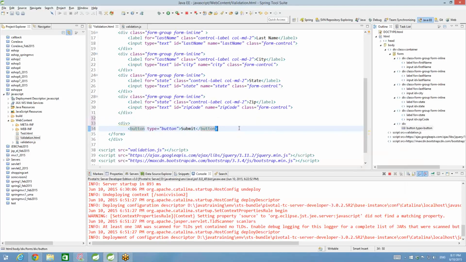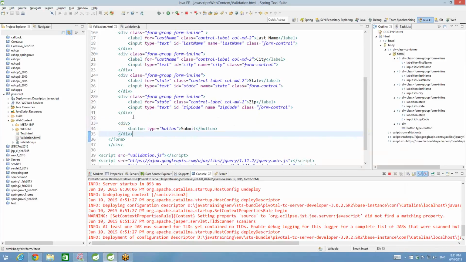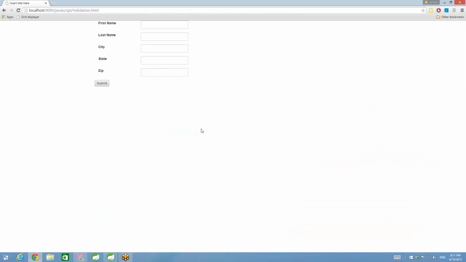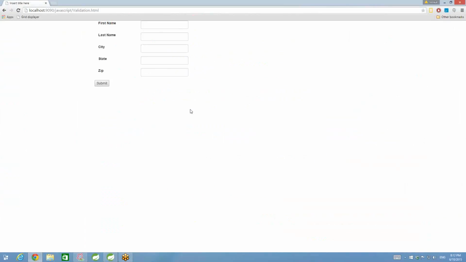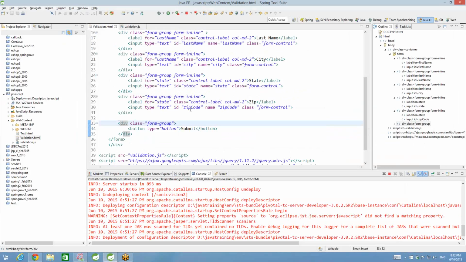And then I'm going to say class equal to form group. Oh, button type equal to button, and then